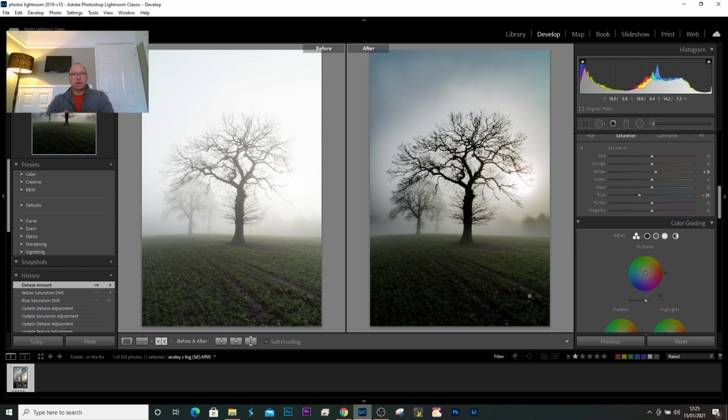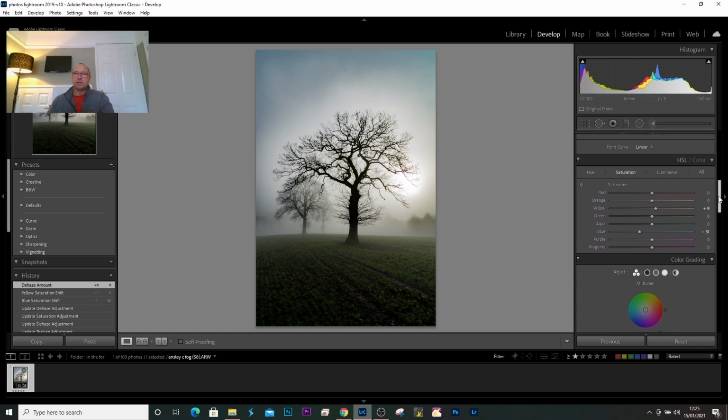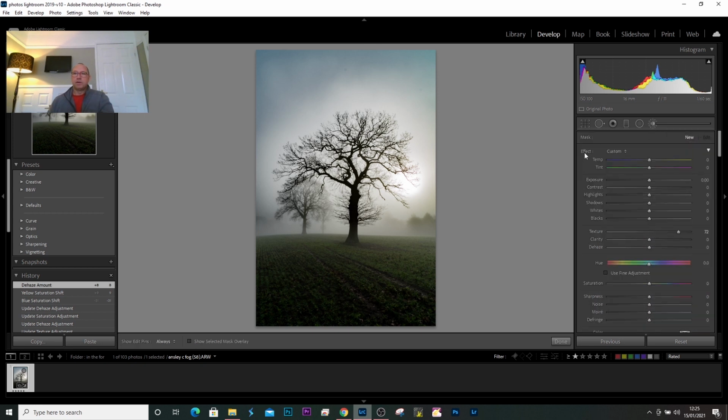What I tend to do now is, so we'll just put it back a minute, I like to just bring a little bit of, if you like, dodge and burn on this bottom area. I want to keep this quite dark here, because it's an area not so interested, but what I like is that these lines draw you into the image, into the tree, so I don't want to get rid of it completely. So what I'll do is I'll select an adjustment brush, I'll set everything to 0, and then I'll just up the exposure slightly,